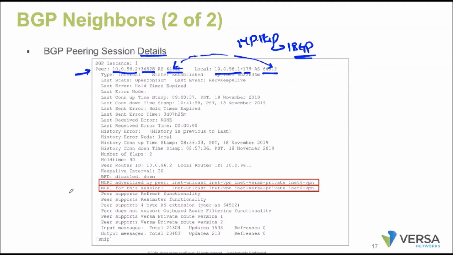If I look at these NLRI families, they decide that we are running the MP-BGP protocol here, the multi-protocol: inet unicast, inet-vpn, Versa private family, inet6-vpn routes as well. All these families are going to be updated with the help of the BGP route advertisements.